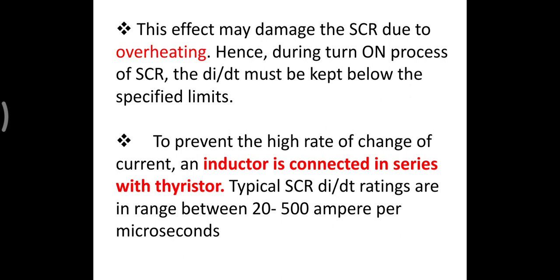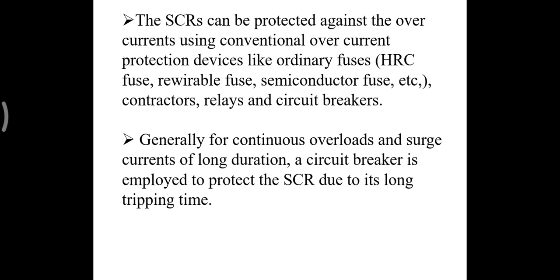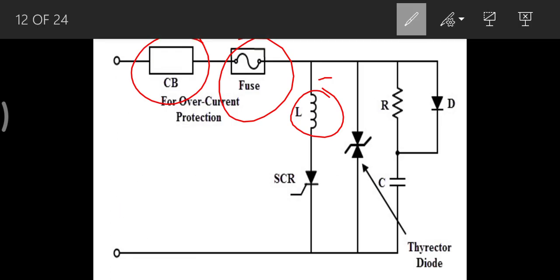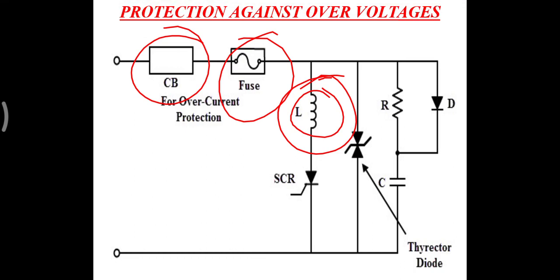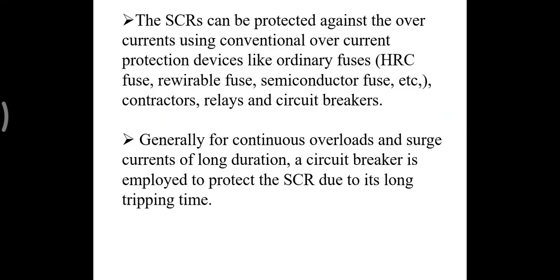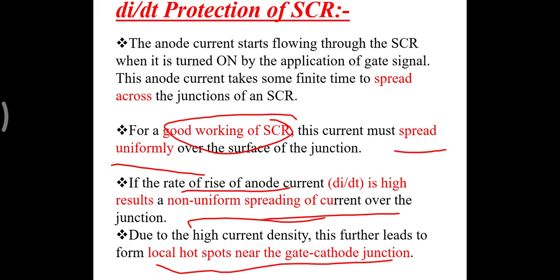So this inductor will provide protection for high di by dt rating. That means high rate of change of current will be limited by using that inductor. So this is about di by dt protection. Next,